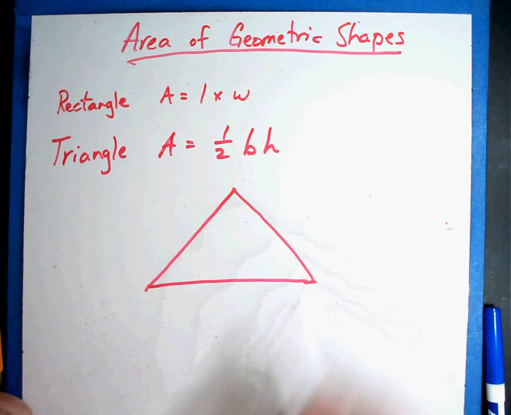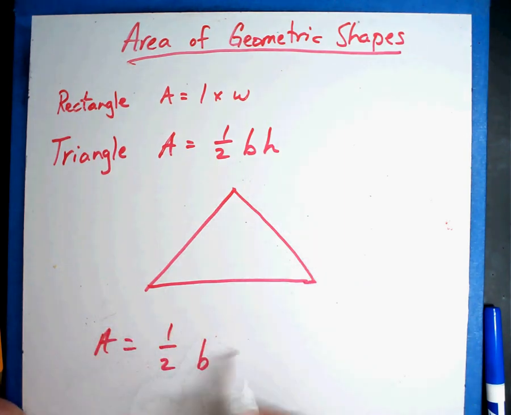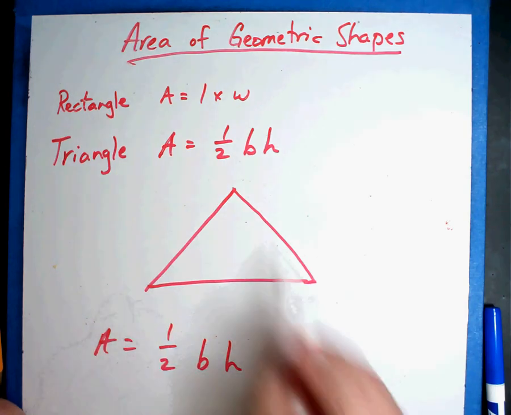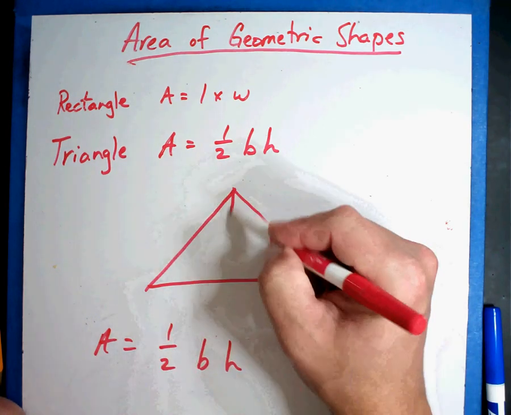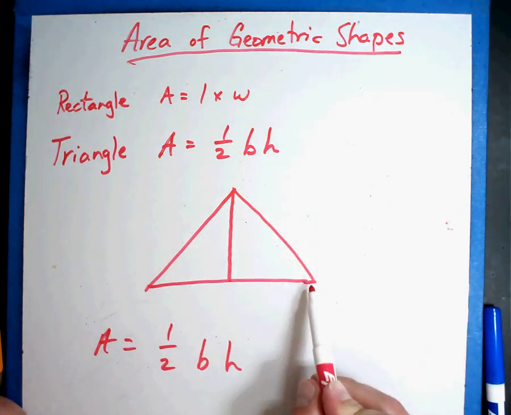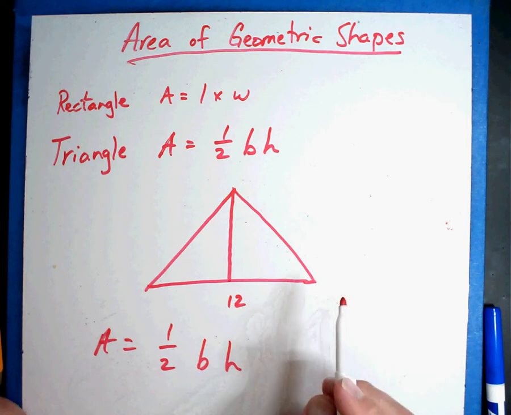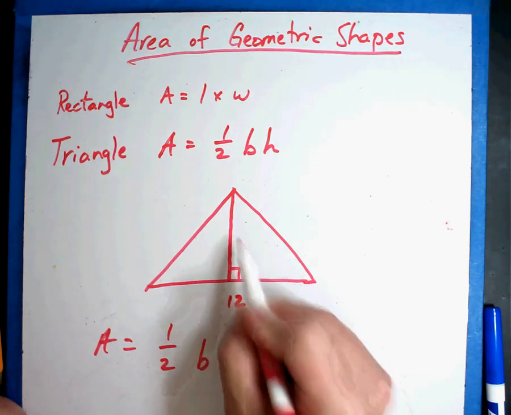Make sure we understand the terminology. Area is going to equal 1/2 the base times the height. Well, if you had a triangle, its height is how tall it is, and the base is what it sits on. Okay, so let's say that I had a triangle that had a base of 12 and a height of